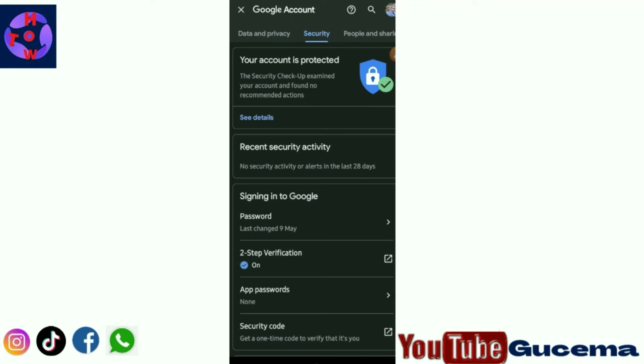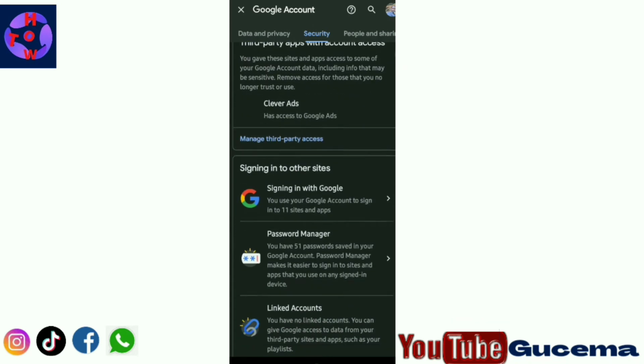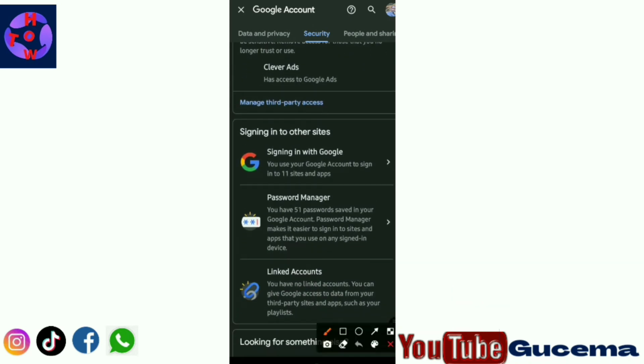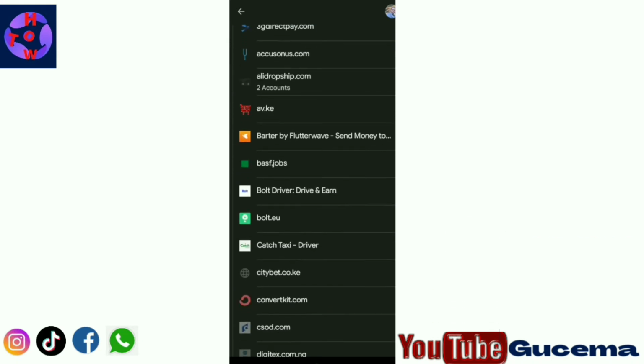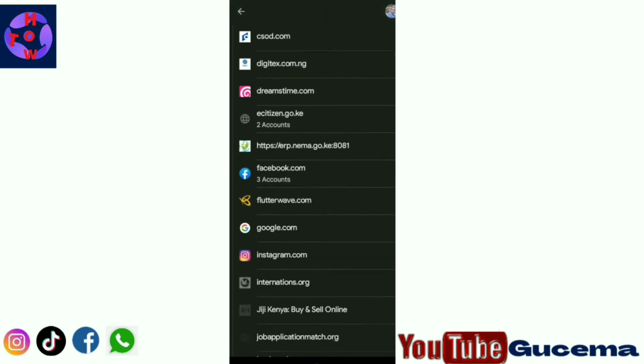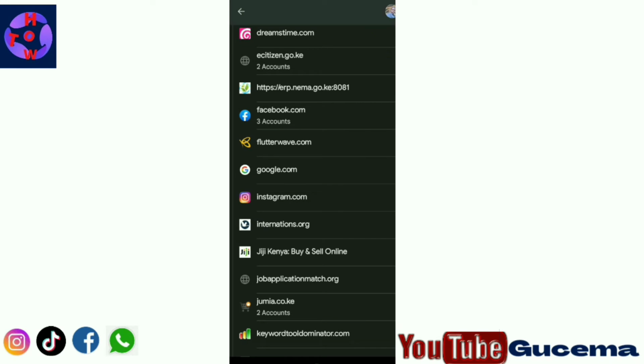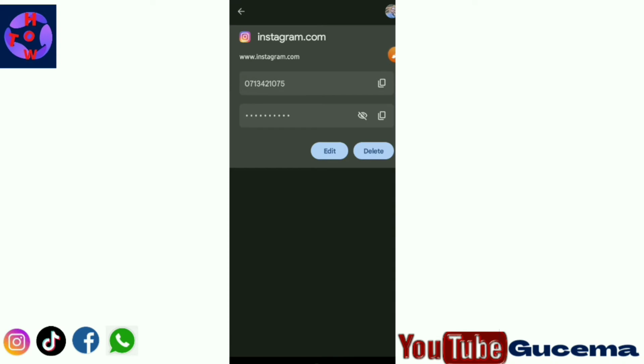Then you scroll down. After tapping on security, you scroll down to password manager. Here you tap to open password manager. This is where you see all your passwords. Since you have Instagram, it will be here if it is saved on your phone. What you do, you just tap on it. If the password is not saved on your phone,